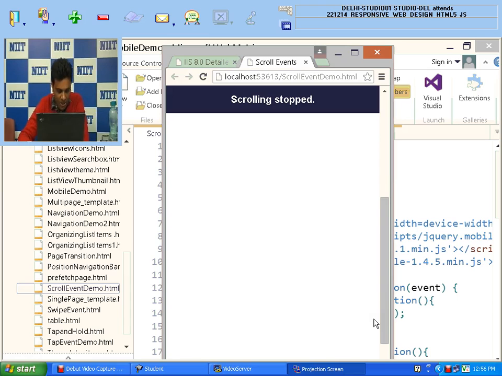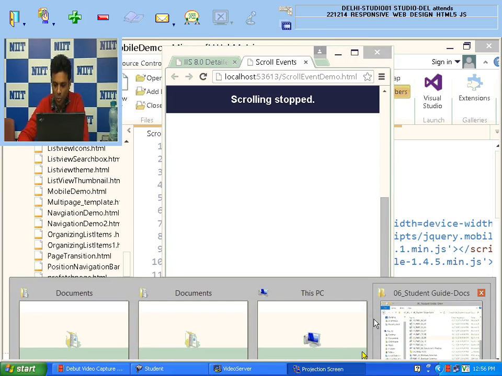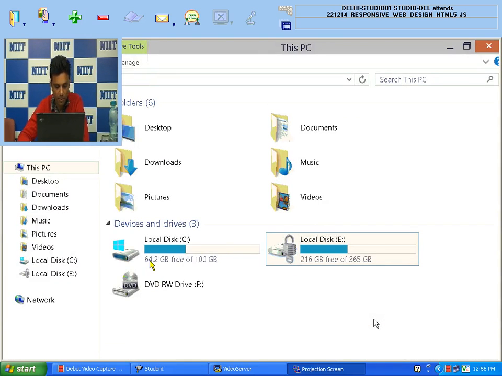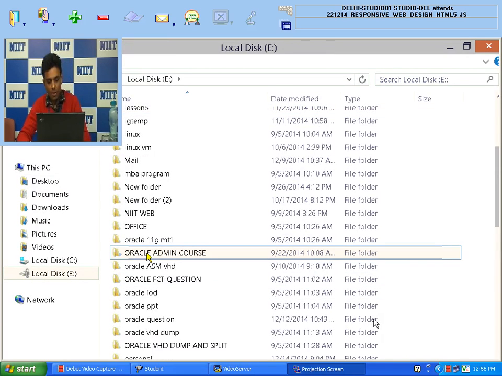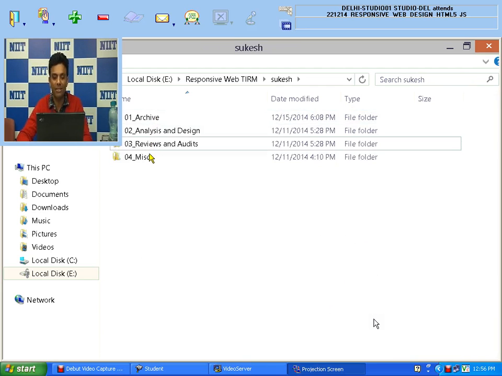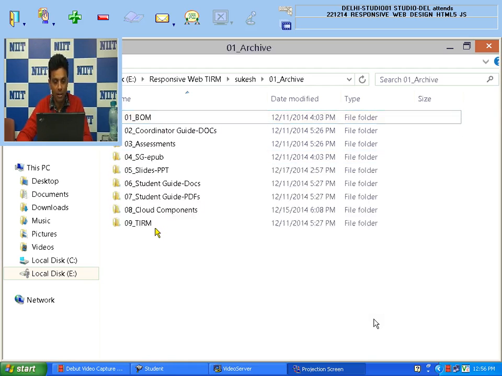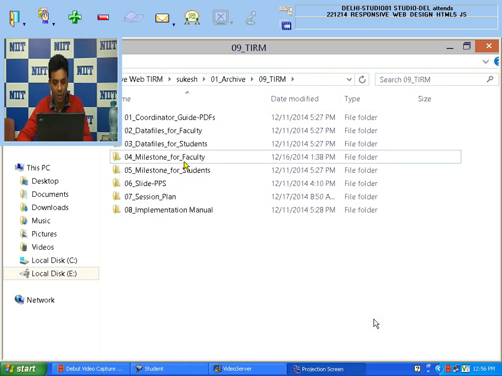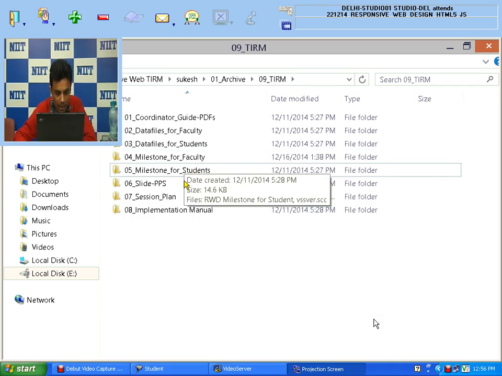In the SG, I give one link to you. Maybe I need to find my SG. Online simulators, because right now we are using WebMatrix, and in my WebMatrix this iPhone simulator has some problem. So only the scroll event doesn't work properly. So I will use maybe an online simulator, and